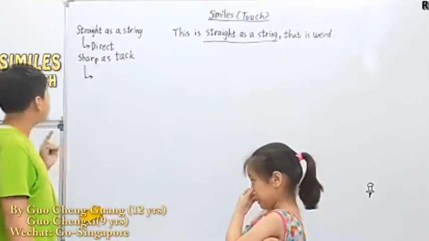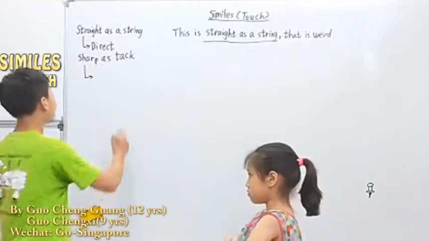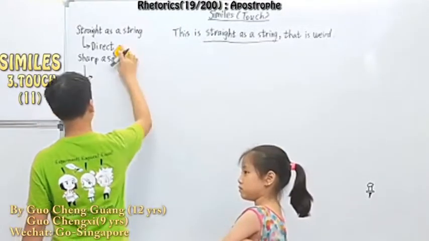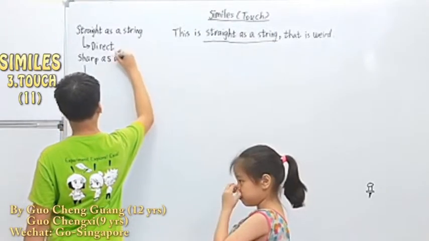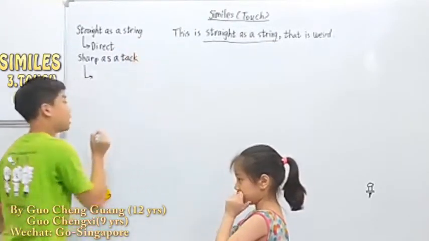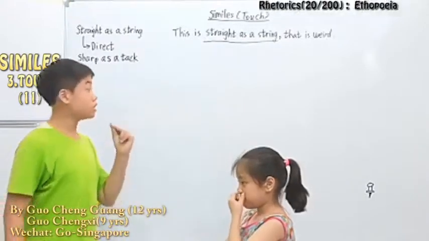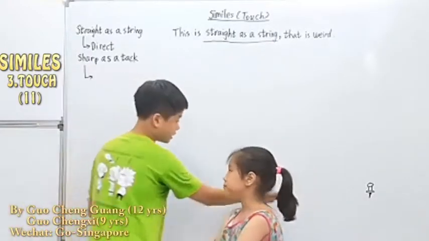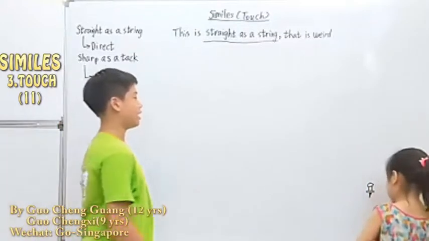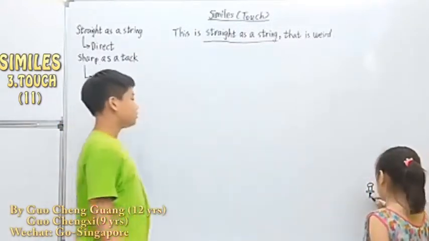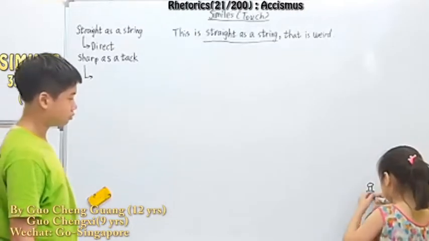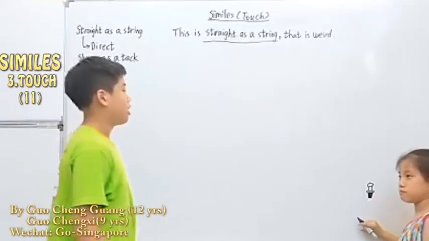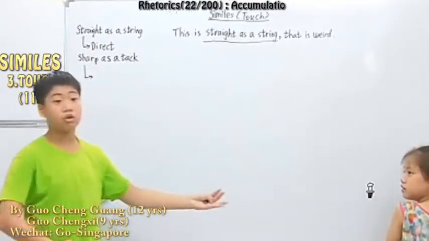So at this point, sharp as a tack. Okay? Sharp as a tack. So let me just rewrite this part. So the first meaning, a tack. When you use a tack, it is usually just straight. It's very sharp, right? Especially this end. If it is not sharp, then I guess they brought the wrong kind. Because if it's very blunt, for example, if I change it to become like this, how do you put it in? It becomes like you can use it as a shovel or something else.